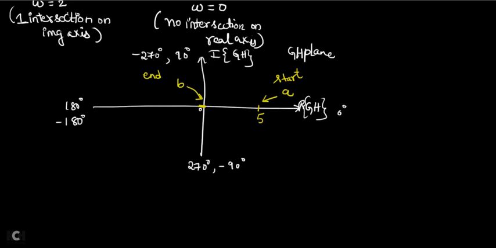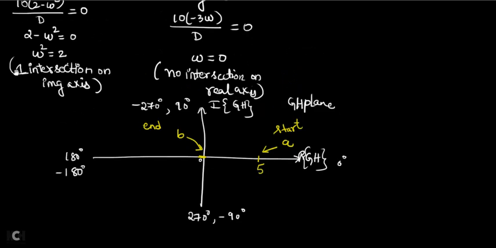Now, where are the intersection points you got? Are there any intersections on the imaginary axis? Yes, one intersection on the imaginary axis. Which is the imaginary axis? This one, the vertical axis, where I is written. And are there any intersections on the real axis? Where is the real axis? This one, horizontal, where R is written. So there is no intersection on the real axis, but there is one intersection on the imaginary axis.